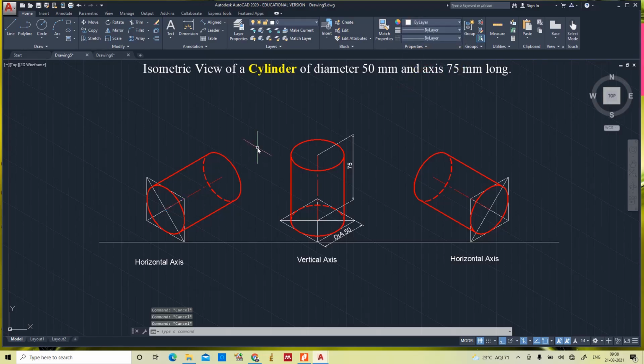Yes, we'll give the dimensions now. Dim aligned. 50.